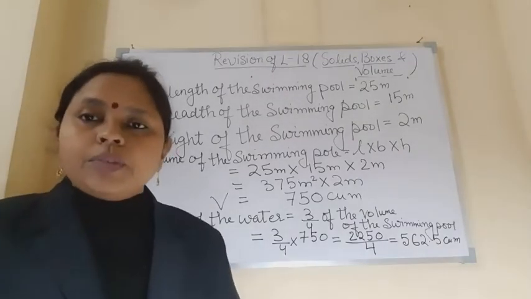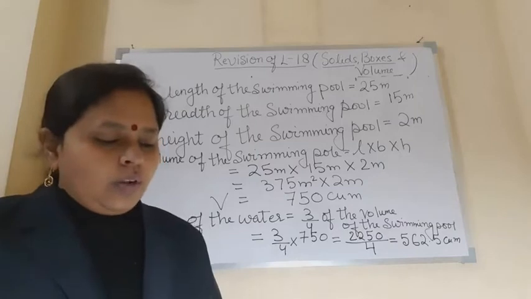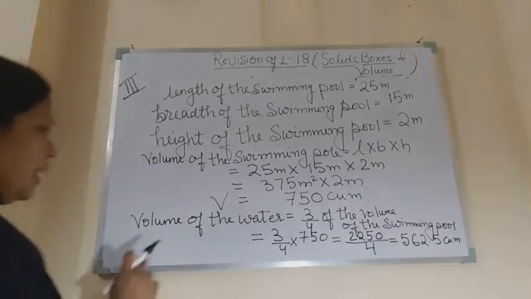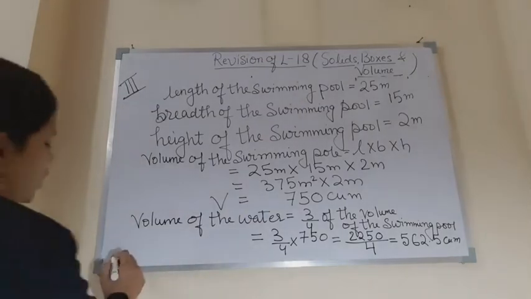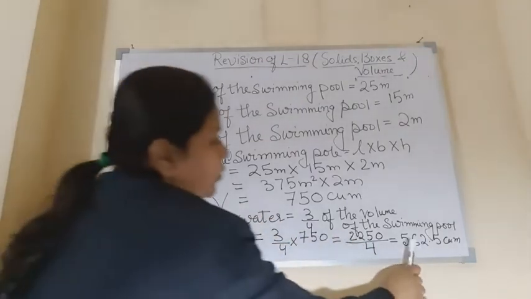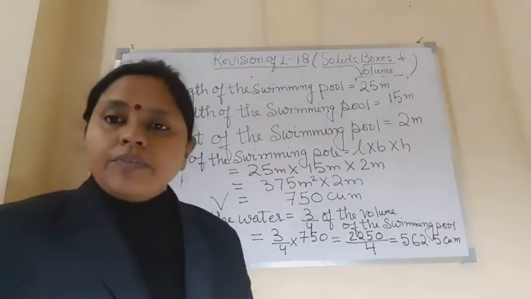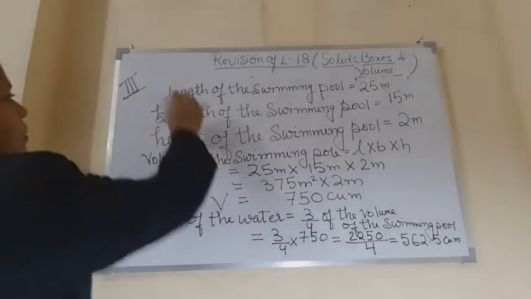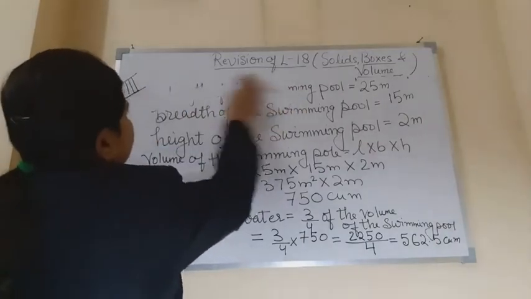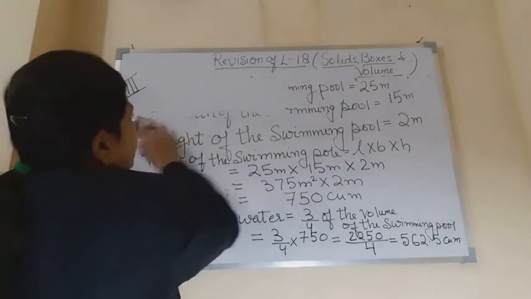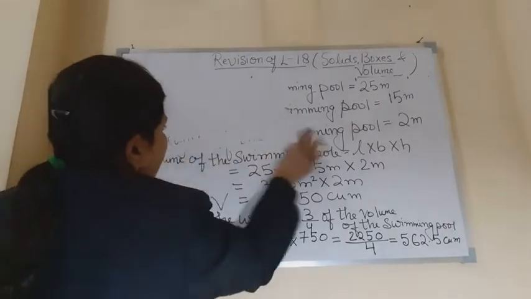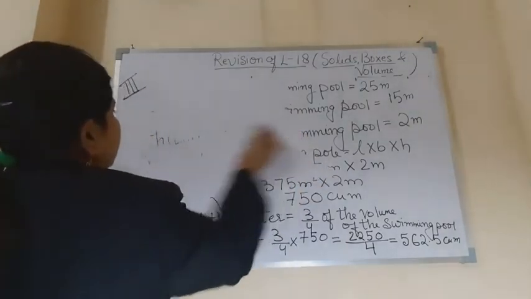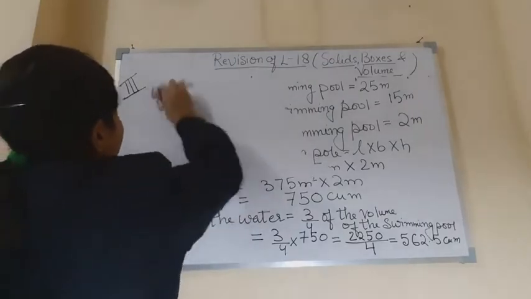We have come to the conclusion that we have to find out the volume of water in the pool. So our answer is that the volume of water in the pool is equal to 562.5 cubic meter. Now children, let's do one more word sum from this chapter as our revision. So the second word sum which I am going to do for you people